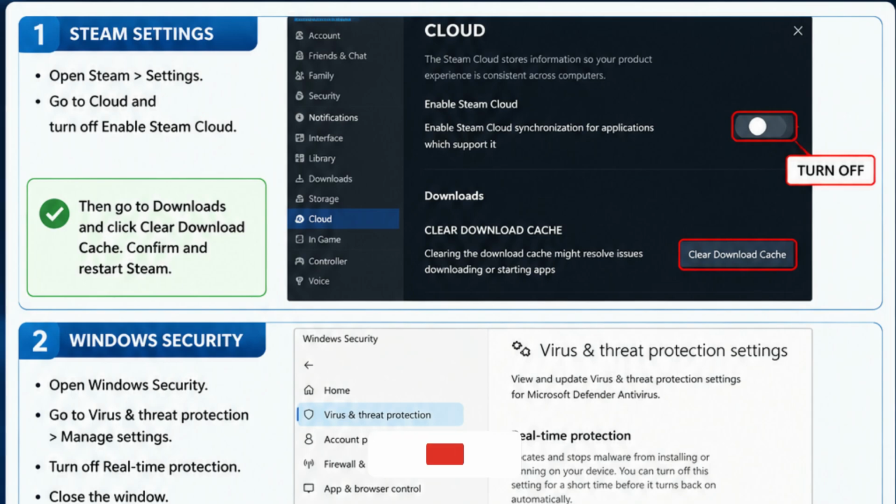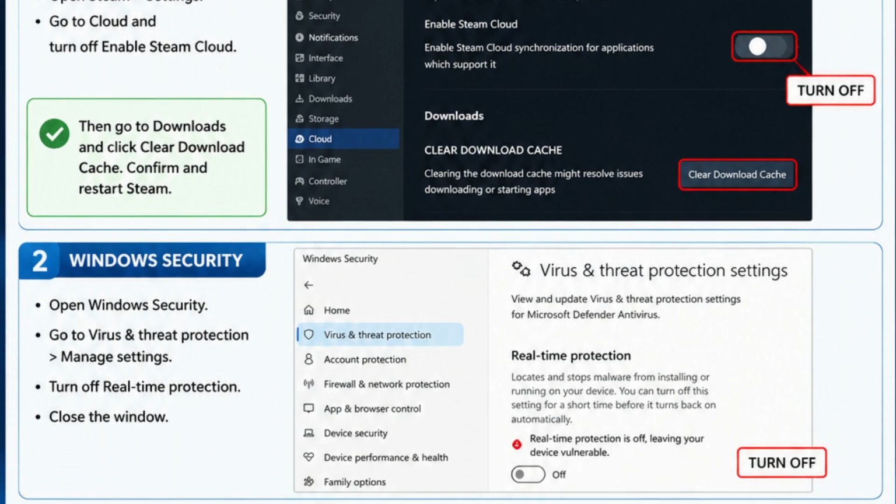Next, open the Downloads tab and click Clear Download Cache. Confirm it, then restart Steam and check if the problem is fixed. If the issue is still there, open Windows Security, go to Virus and Threat Protection, click Manage Settings, and temporarily